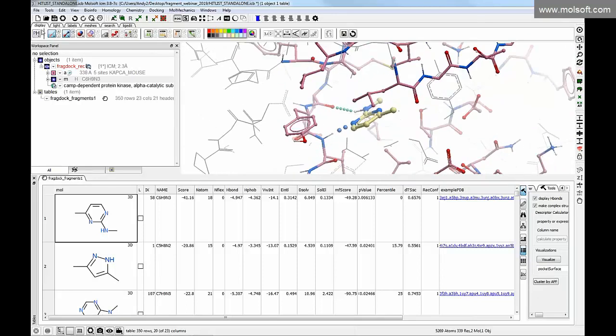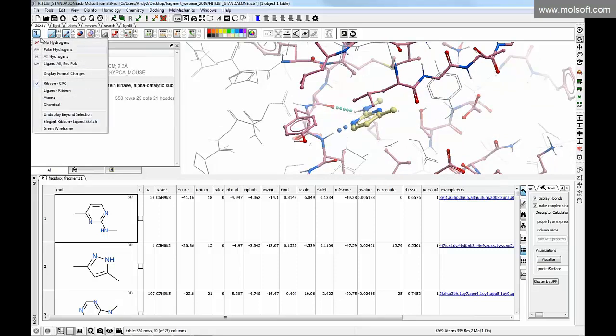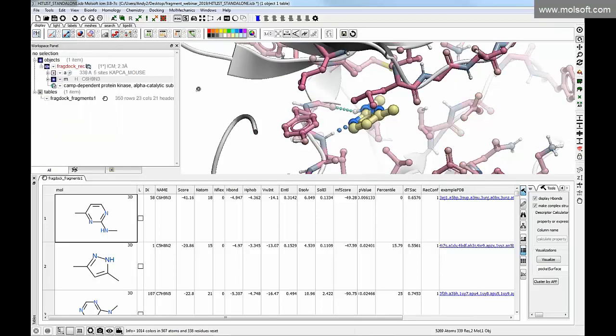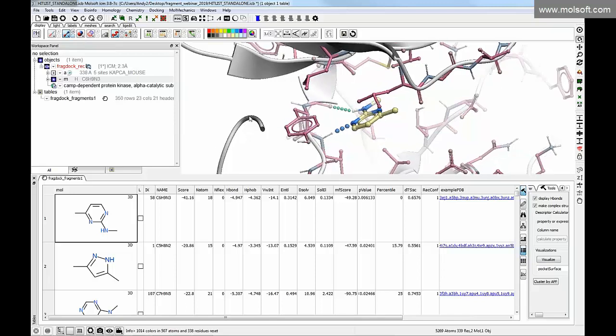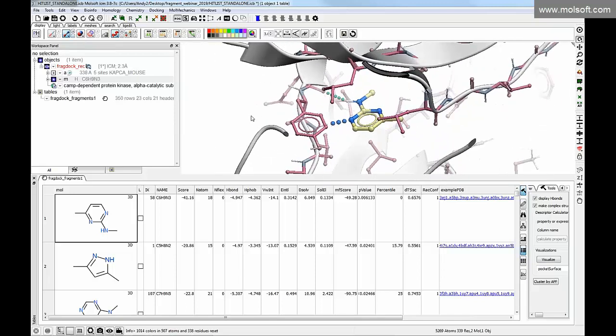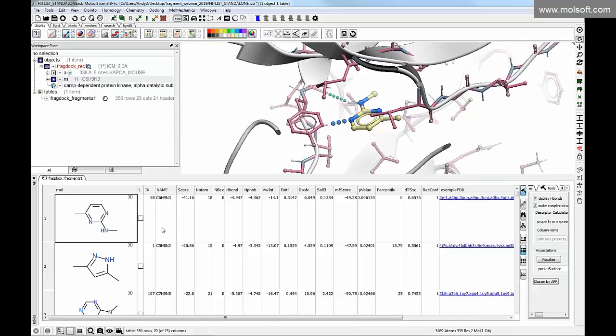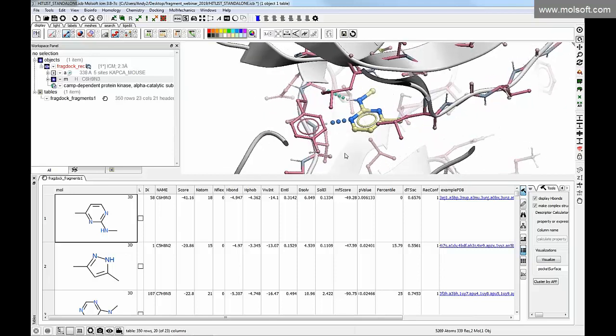It's going to display a little bit differently. If you click and hold on this button, you get this option called Elegant Ribbon Ligand Sketch. Let's just make it a little bit clearer to see. So this is the top ranking ligand. If we wanted to compare it with another ligand that has a good score and good p-value, so low docking score and low p-value, we could